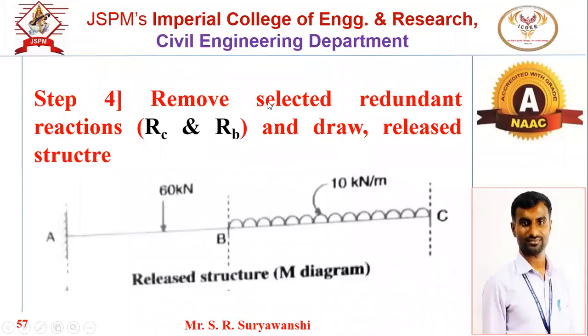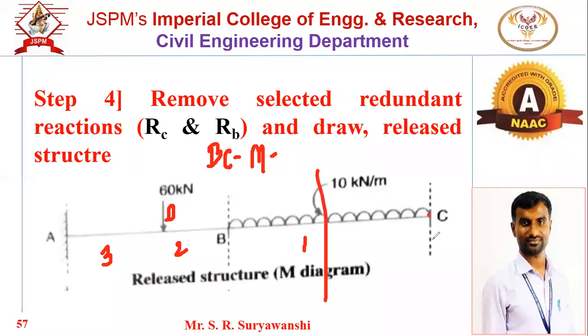How many zones are there? There are 3 zones. First, this is BC, the first zone, this is point D, the second zone is DB, and AD will be the third zone. I will explain for one portion, the first zone BC. For this BC segment or BC zone, we want the capital M. What is the origin? C point is the origin. So take the section in between BC, and the horizontal distance x will be from the origin. So always remember the origin point. C is the origin.